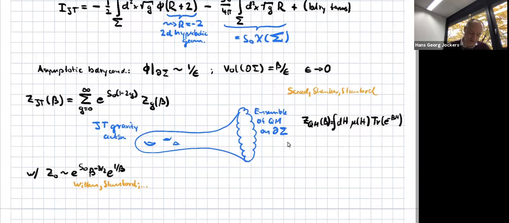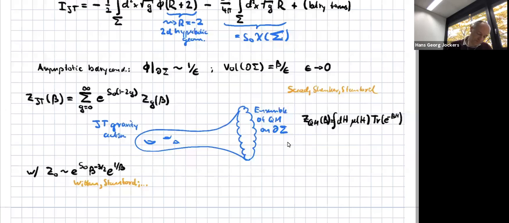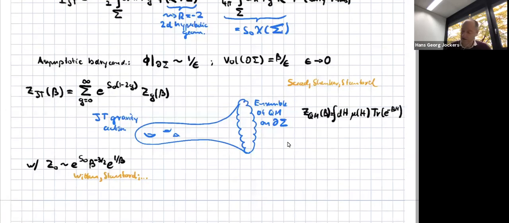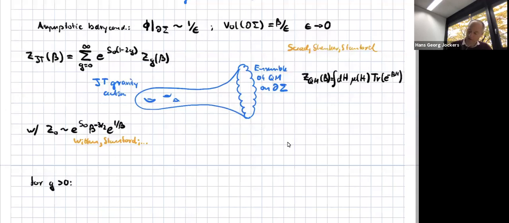But now the interesting part is that we can also do this computation at higher genus. And this is where this question of Suresh comes in. What we need to compute is the volume of the moduli space of these hyperbolic genus g Riemann surfaces with this discussed boundary condition characterized by this beta. And this is typically done in the following fashion, as was noted by SSS. So let me abbreviate this SSS.